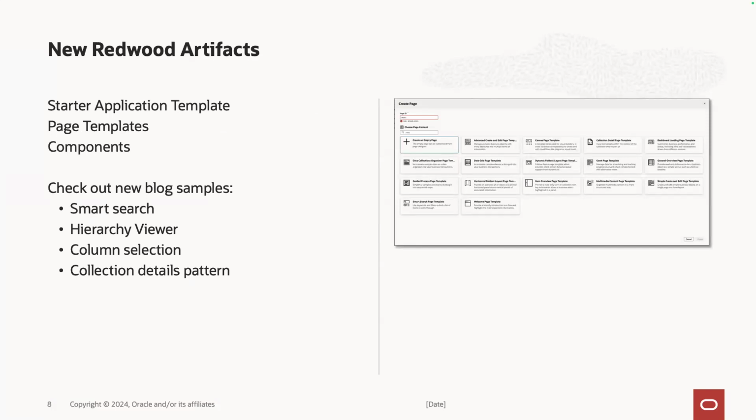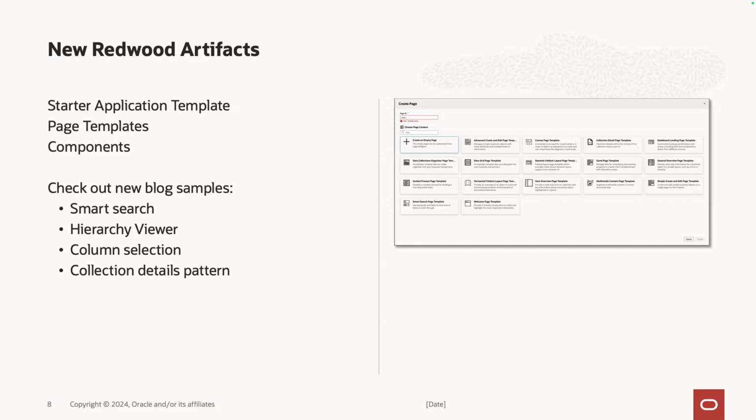Another thing that is new for the designing guys who are building application is a new version of Redwood. As we progress, Redwood is always evolving. For those of you who are not up to speed, Redwood is our new design system inside Oracle. We've been using it for all our Fusion apps. You can also use it to build your own application if you want to take some of the best practices